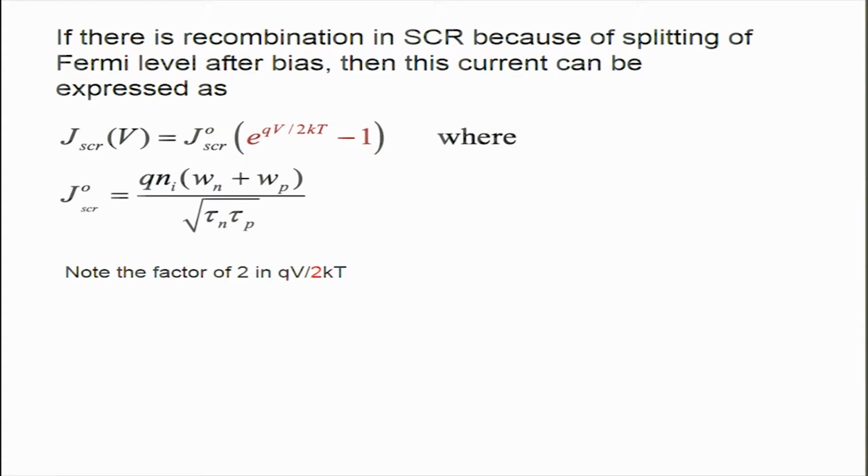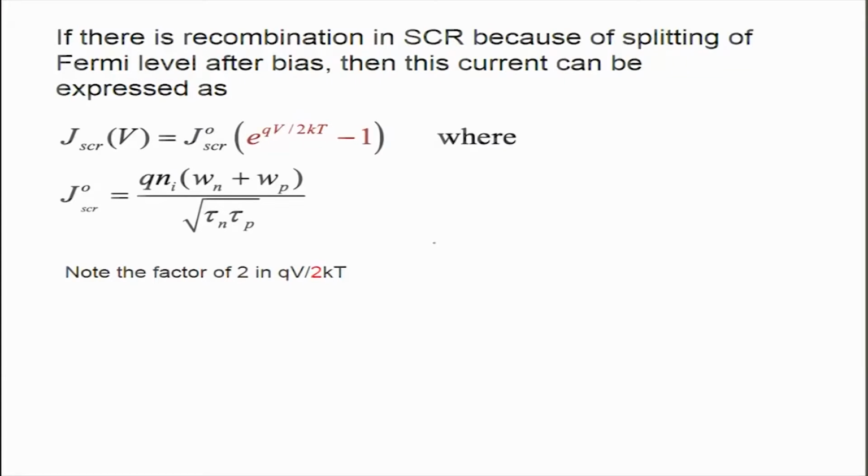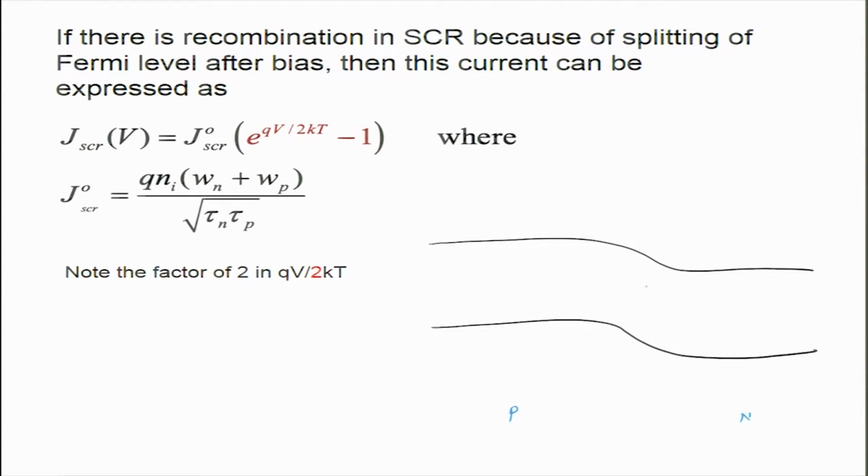Okay, when the Fermi levels are split, because your semiconductor is like this. So, this is your p-n junction, this is the p side, this is the n side. If I take it for electrons, the Fermi level will go in this fashion, and the holes' Fermi level will go in this fashion, and there is a split in the Fermi level. So, the intrinsic Fermi level goes like this, but within this region also, since you have Fermi levels going across like this, you have a split in the Fermi levels. So, remember this is the junction.